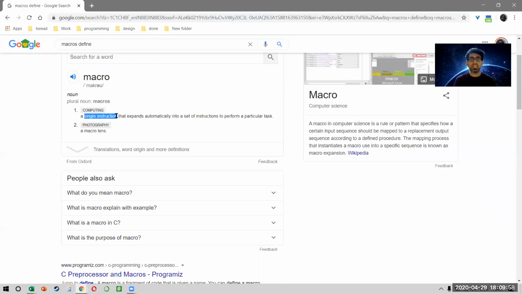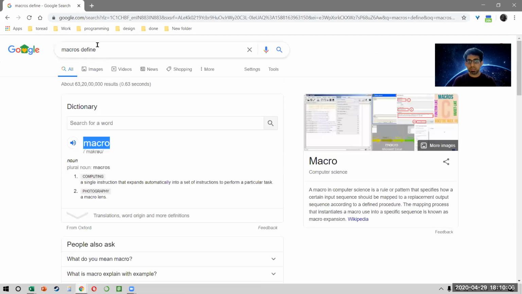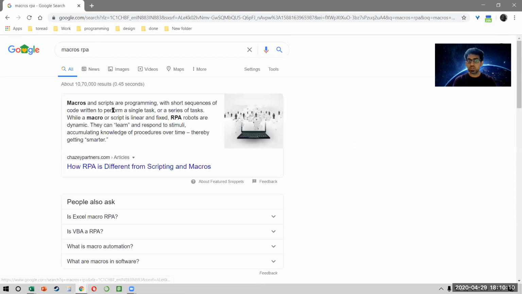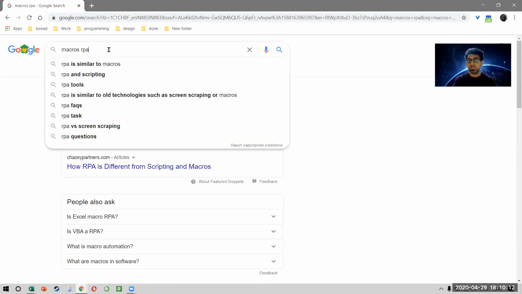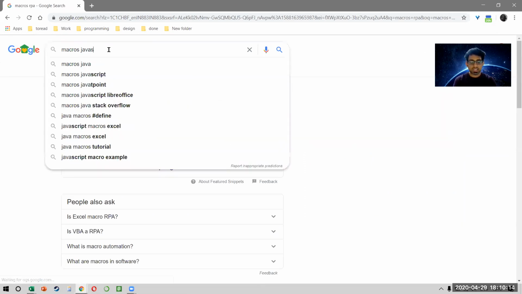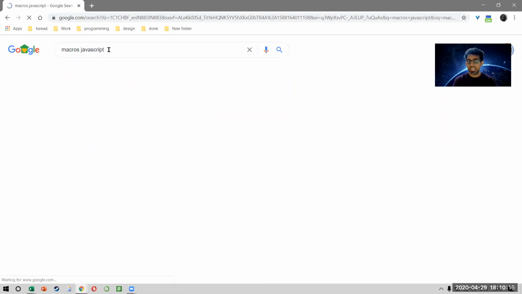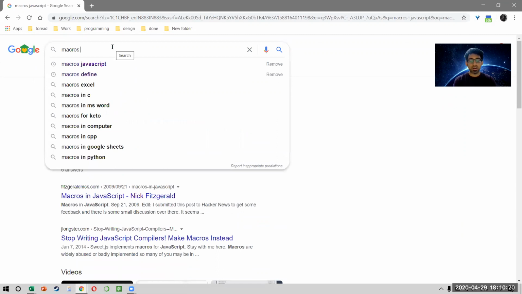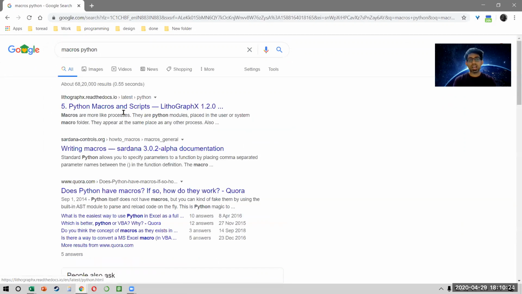Macro is not something which is in Excel. Macro is a generic term, right? So whichever application or software you're working on, it will be called a macro there. For example, if you work on robotic process automation, there also you have a macro. If you work on, let's say, JavaScript, there also you will have a macro, right? Or for example, if you're working on Python, there also you have macros, right?